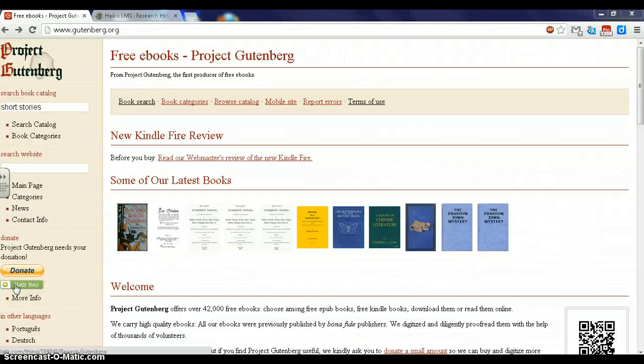Everyone. Today I'm going to show you how to take books from Project Gutenberg, which offers free books that are in the public domain, to Haiku, so your kids can access the books on their iPads. So you can search Project Gutenberg, or you can go to gutenberg.org, and then you can either search the catalog,